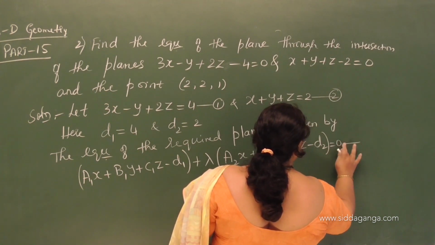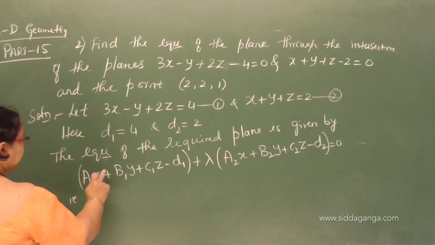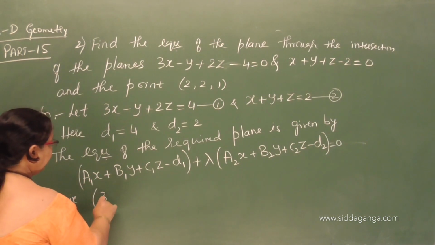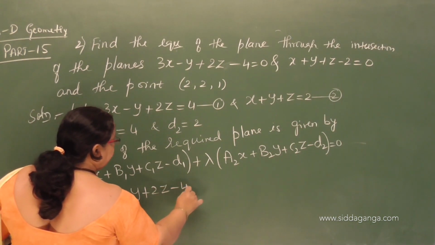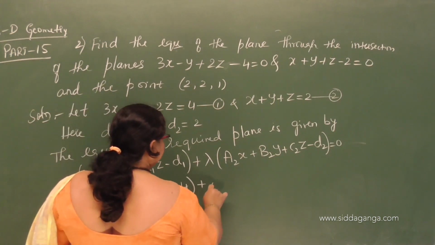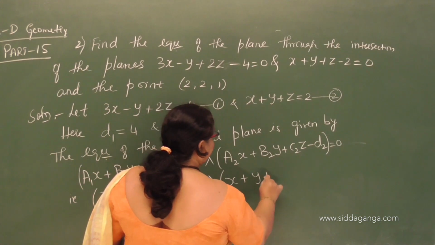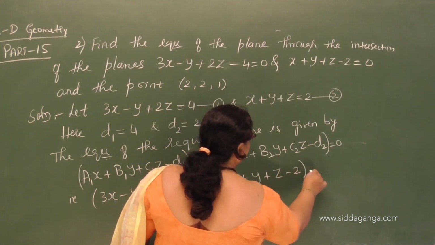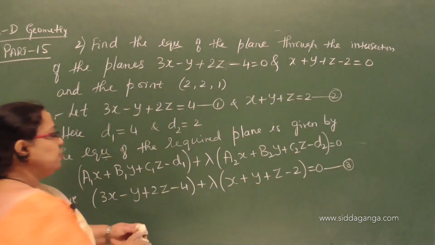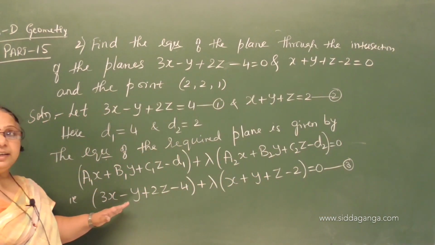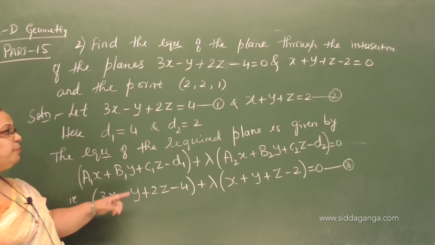So substitute here: this is the first plane, 3x minus y plus 2z minus 4 plus lambda into second plane x plus y plus z minus 2 equal to 0, equation 3. To find the value of lambda, it is given that this plane passes through the point 2,